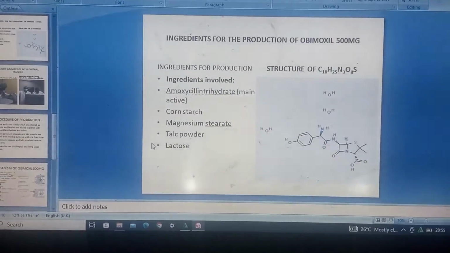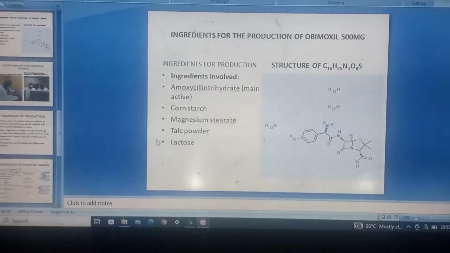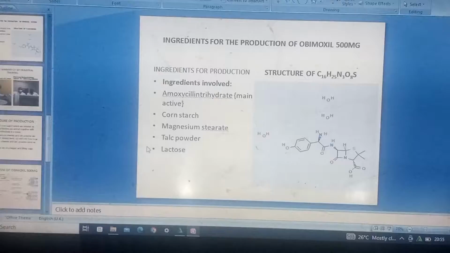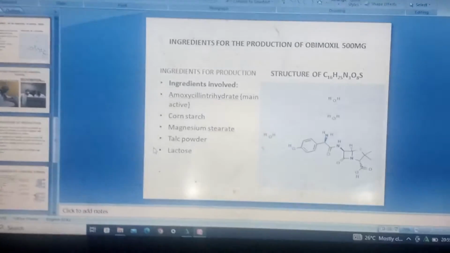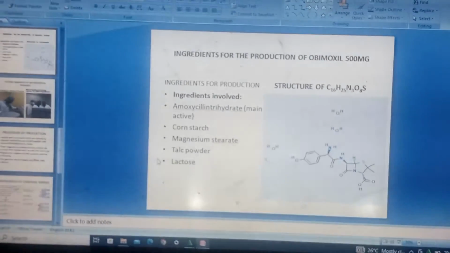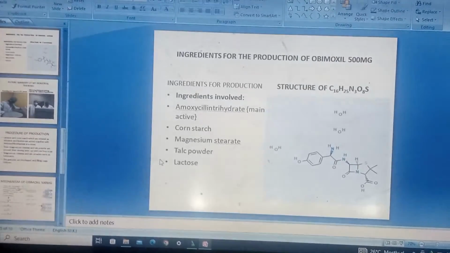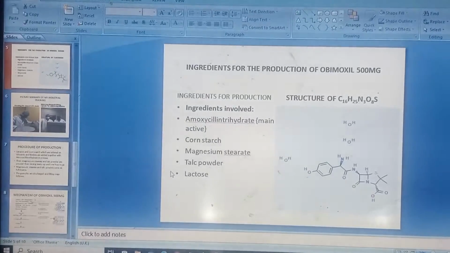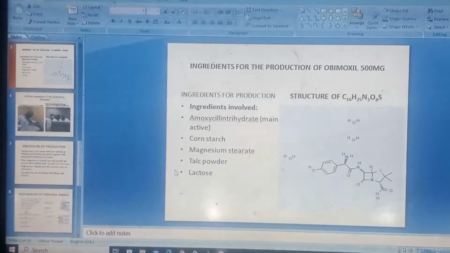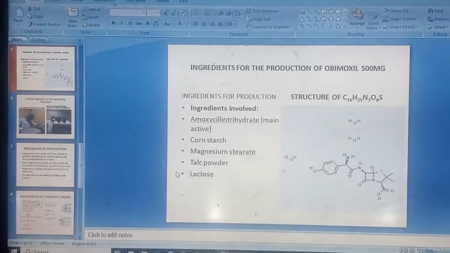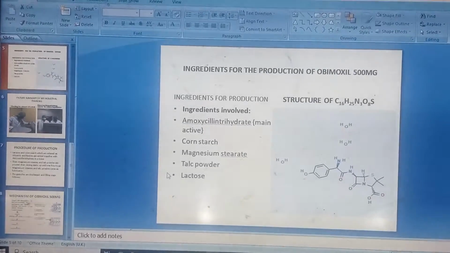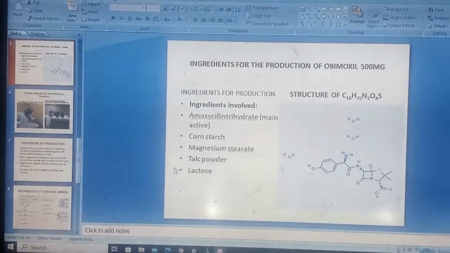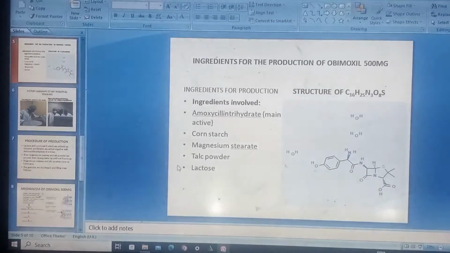Now in the next slide, you talk about the ingredients. For me, I'm talking about drug production, right? So for you, maybe a mechanical engineering student, maybe you went to a place where they taught you how to repair tractors. I don't know if I'm on the right track, but I'm talking about engineering. So you can choose a particular machine that you learned about. Maybe you can choose a plug, you can choose a tractor, just choose one, and then you introduce it, talk about it, the usefulness and all that.